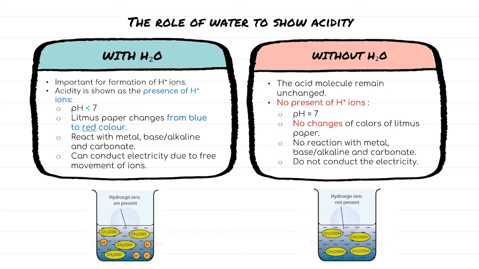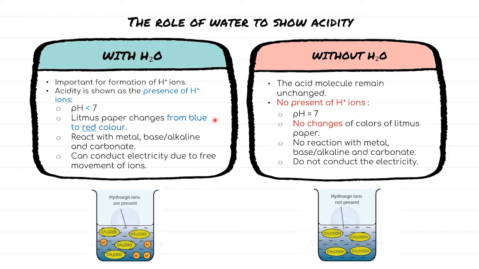When there is water, it is important for the formation of hydrogen ion. With water, the acidity can show its presence. And we know that with the presence of water, when acidity shows its presence, it shows the properties of the acid, which is a pH lower than 7, and litmus paper changes from blue